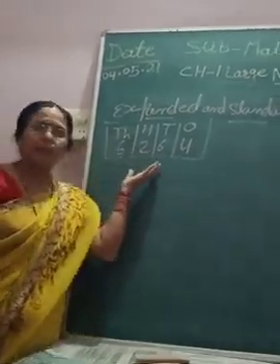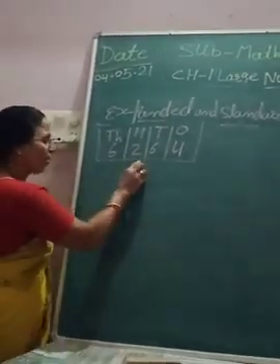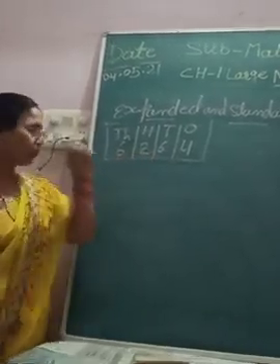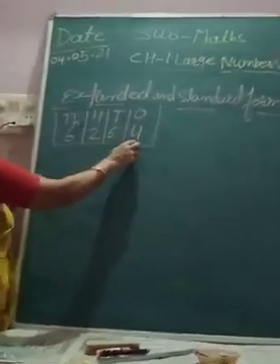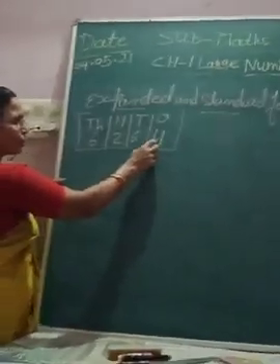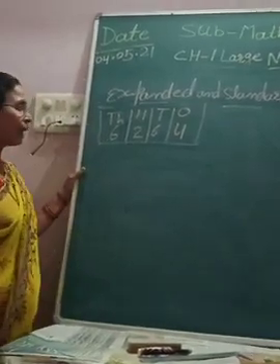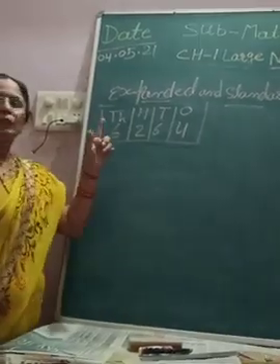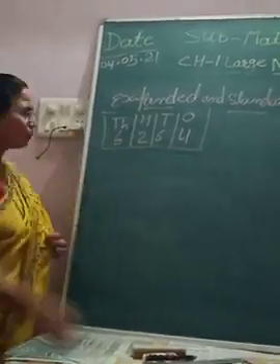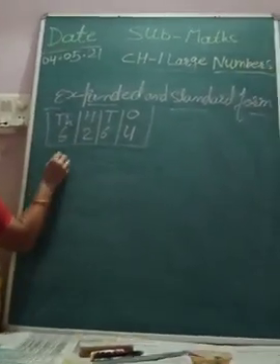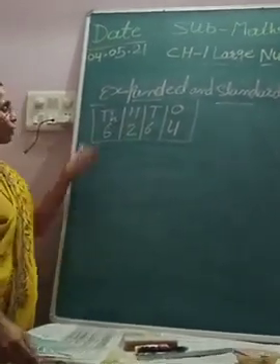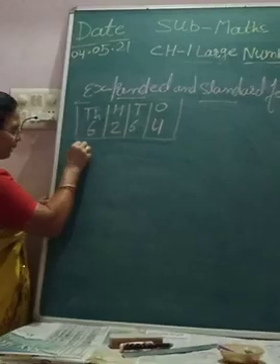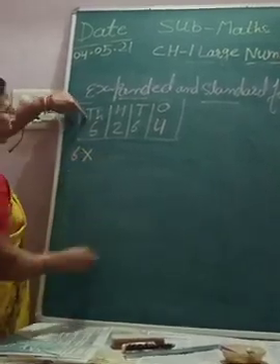Now here we learn something extra. You have to expand each digit with its place value. I have told you to start reading from ones, tens, 100, 1000. You can expand from either side, but it will be easier for you when you start writing from 1000. So your first digit is 6, and 6 is on the 1000's place. So when we expand it, we will write 6 multiplied by 1000.